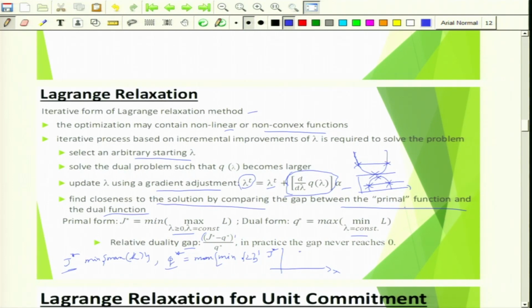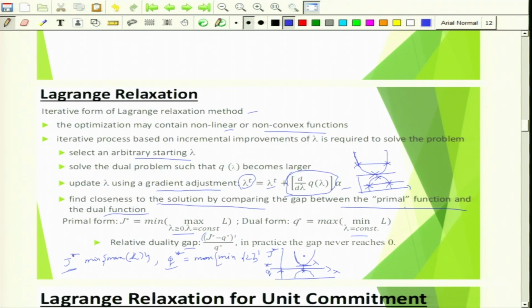Now let us say this is the dual form, primal form J star, and for a specific lambda you get the most minimal value, right. For the same lambda, let us say this is your Q star dual form. For the same lambda you are getting the maximum, then they are tightly coupled,